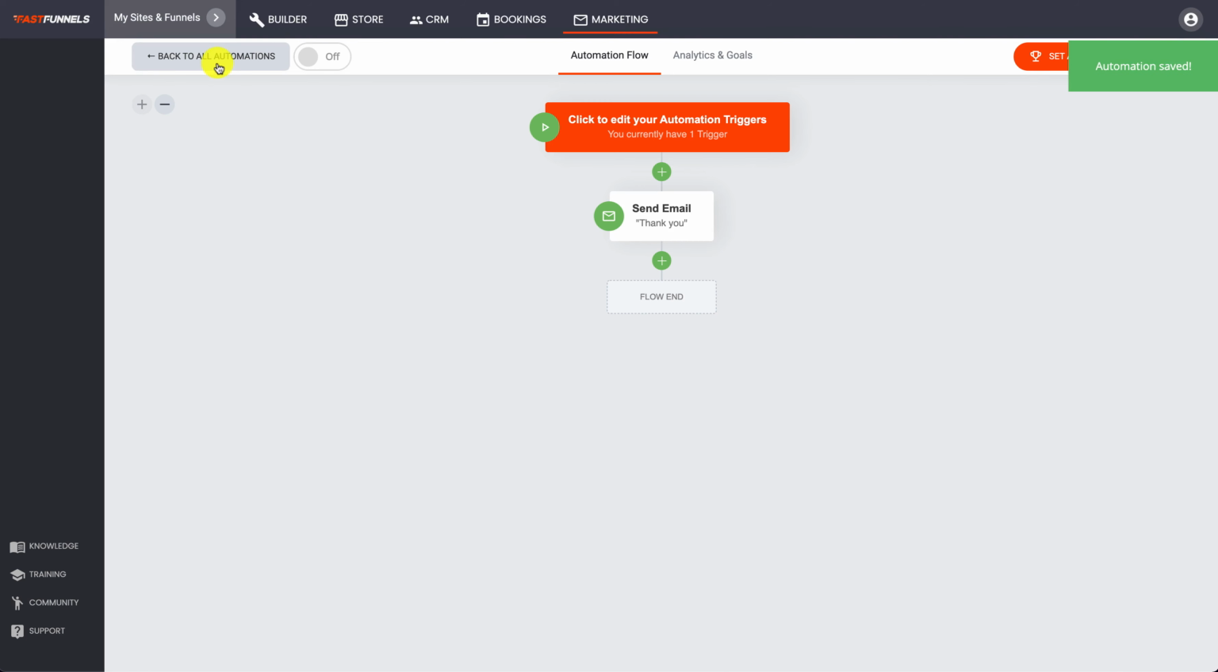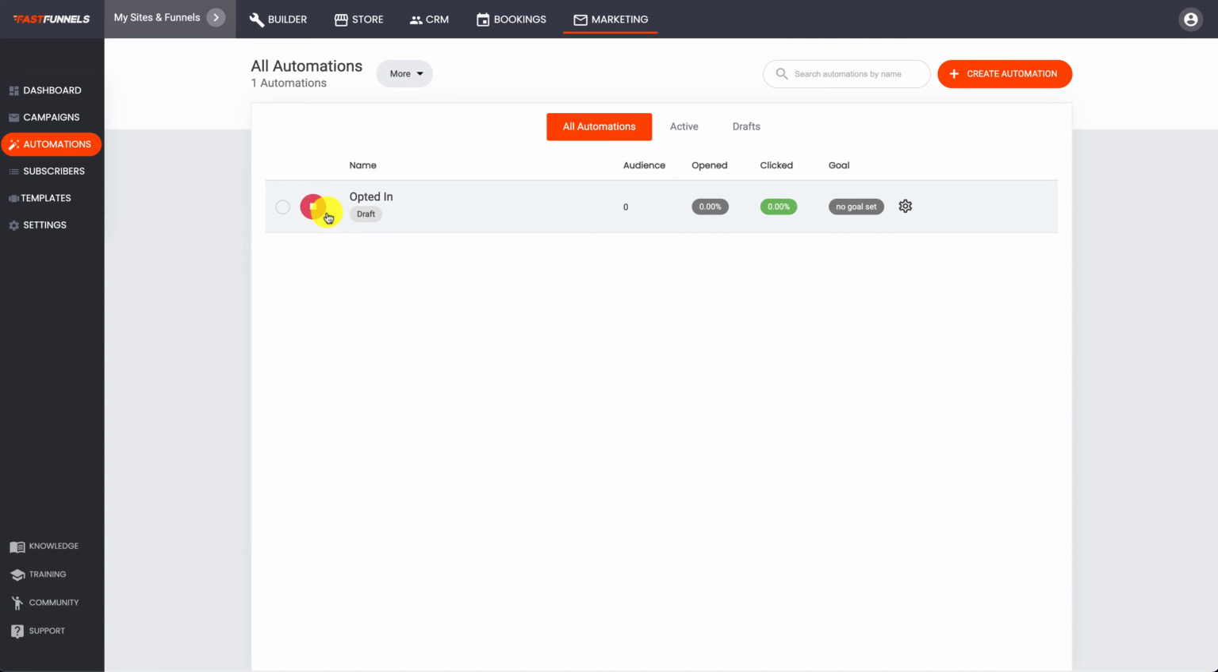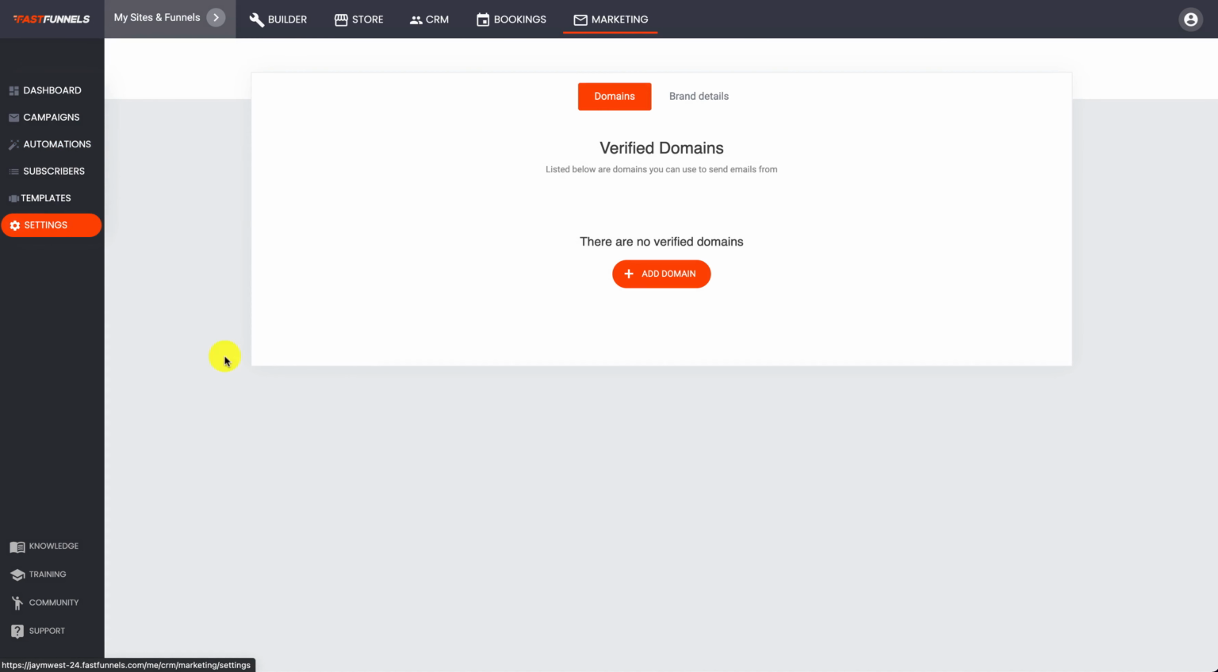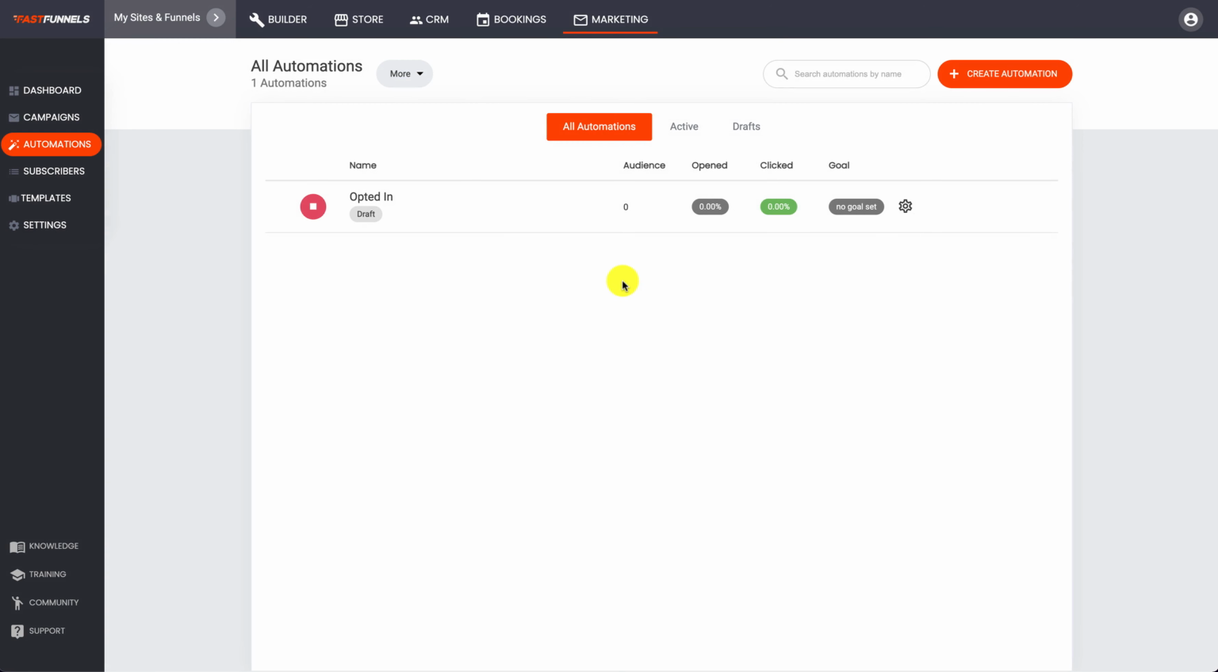to your list. Now, if we go back to automations, you'll need to ensure that this is switched on. And you will also need to go to your settings just here to add your email domain, the domain that you wish to email people from, before you're able to activate this automation and get it live and working. But very simple to do. And again, there are other training videos that will show you exactly how to set this email up so that